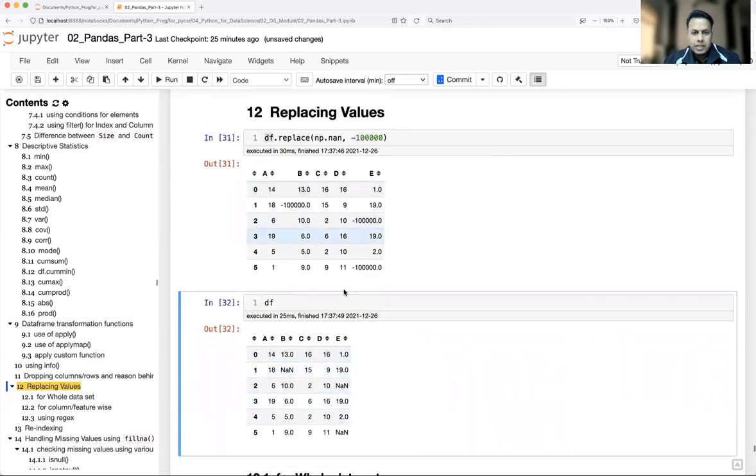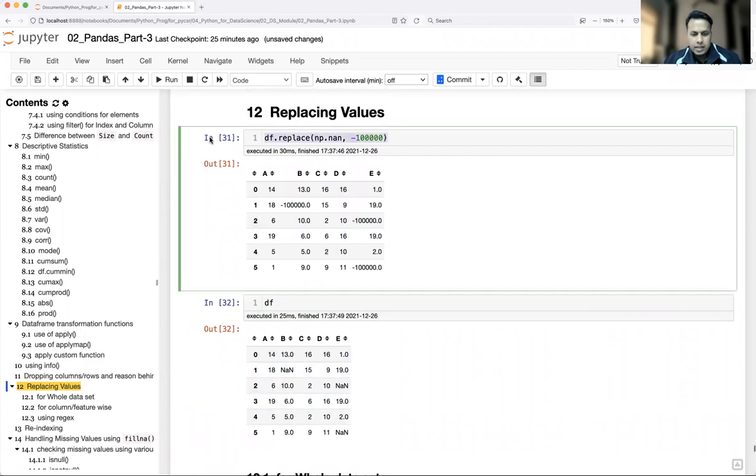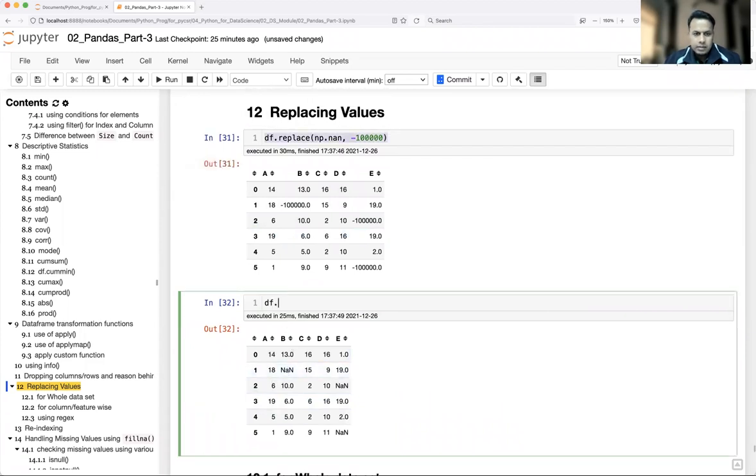One way to modify it is to add inplace to df.replace; just make it true. I think I have already talked about this in a previous video. Most functions have inplace equal to true or false. When you are sure you are going to modify the original data itself, then you use this value. I'm not going to run it, otherwise I lose the data.